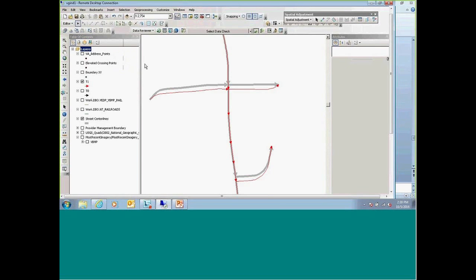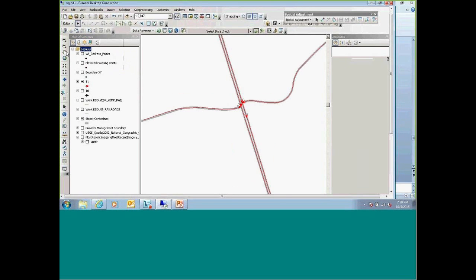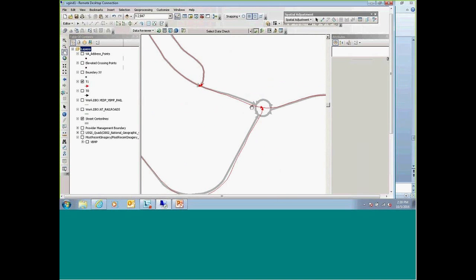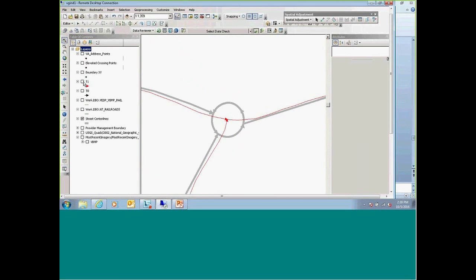And then another is another geometry change. This was kind of interesting too. A lot of these roundabouts are going in now, and they actually haven't gotten a chance to incorporate the roundabout into their data.